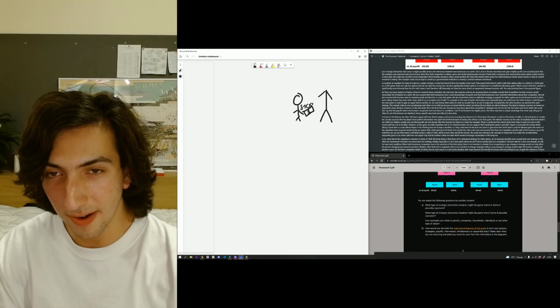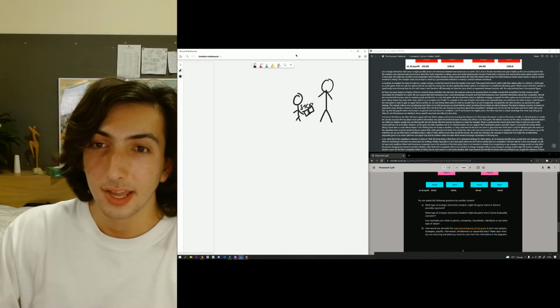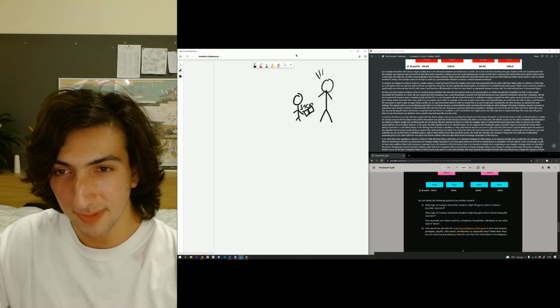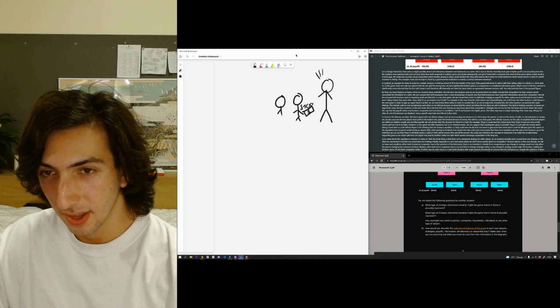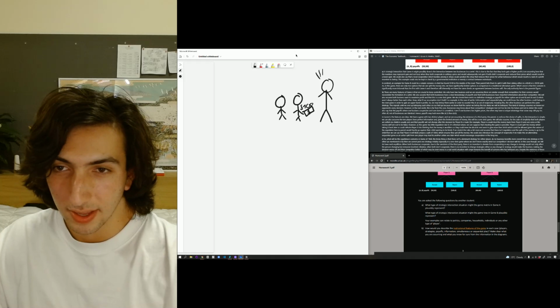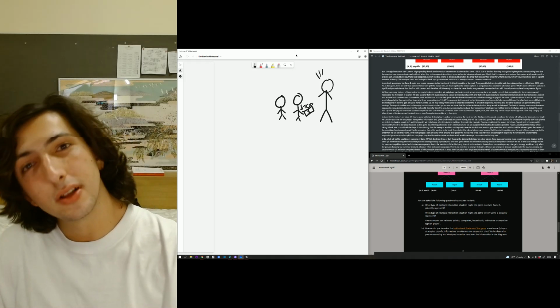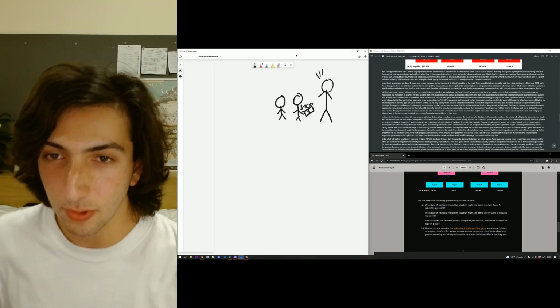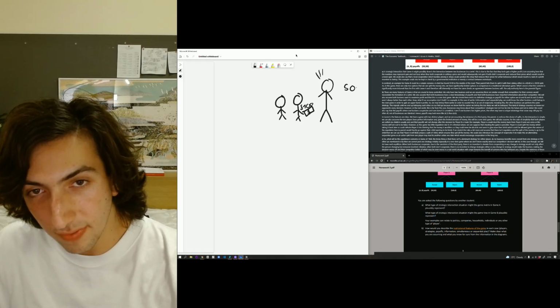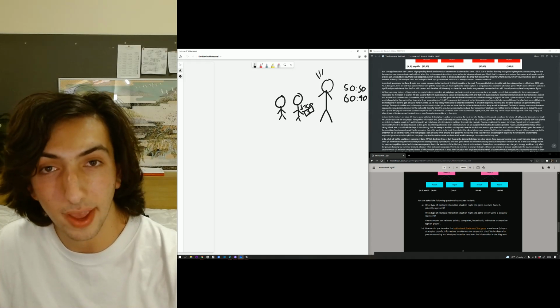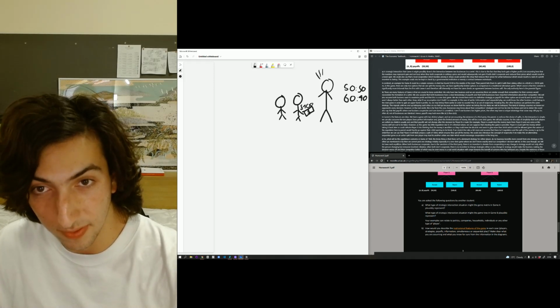And this is what all parents look like. This is very well known. Now, this parent says, whoa, your child has found plenty of money. They should share it with their sibling. Now, you don't like your sibling. He's a little fucker. But you are told by your parent that you could either offer 50-50 to your sibling, or you could offer 60-40 to your sibling. These are your two options.